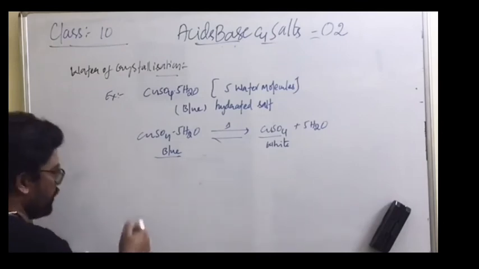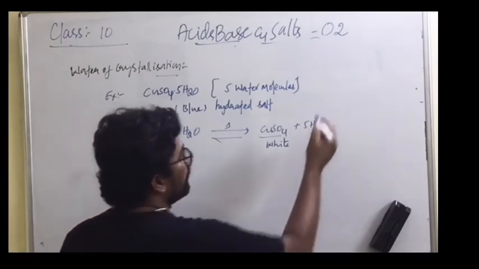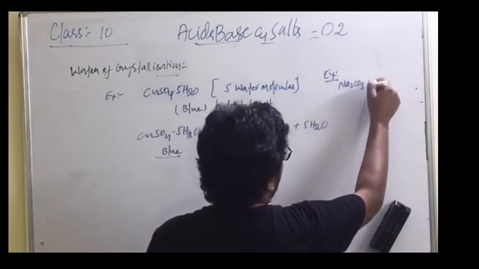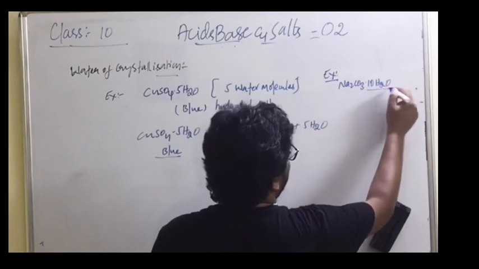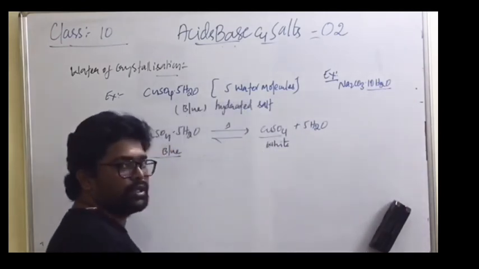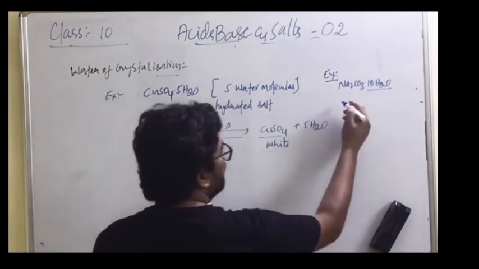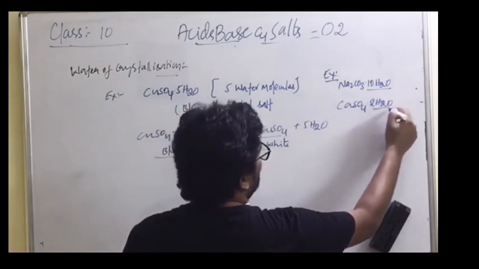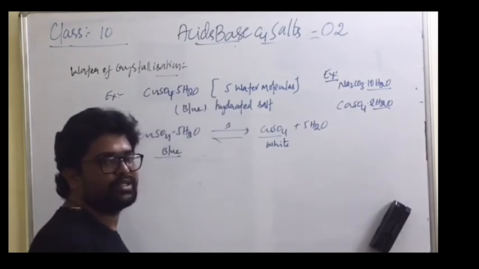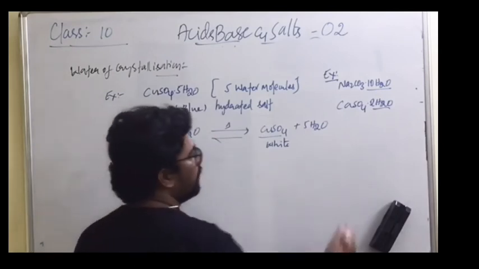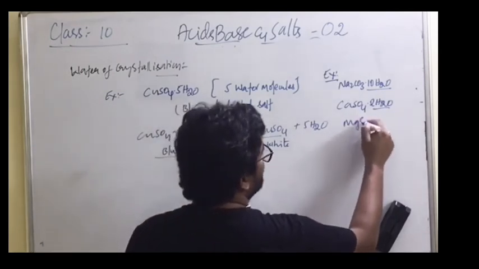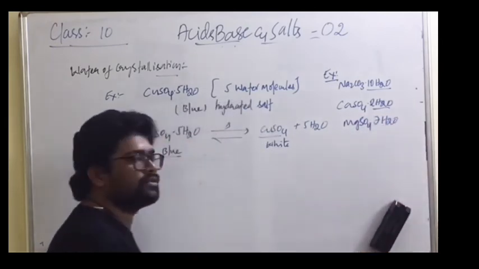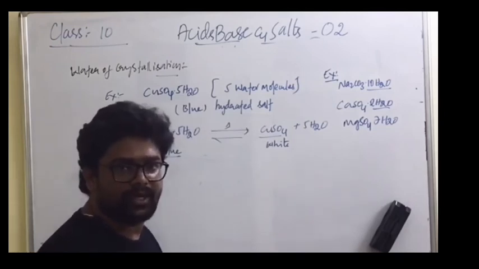Can you give an example of water of crystallization? A few more examples. Take Na2CO3.10H2O. How many water molecules are present, student? Yes, 10 water molecules. So the water of crystallization for this salt is 10. Take CaSO4.2H2O. How many water molecules are present? 2. So 2 is the water of crystallization. Like that we have MgSO4.7H2O. What is the water of crystallization for this salt? 7. Now the concept is very clear, right?